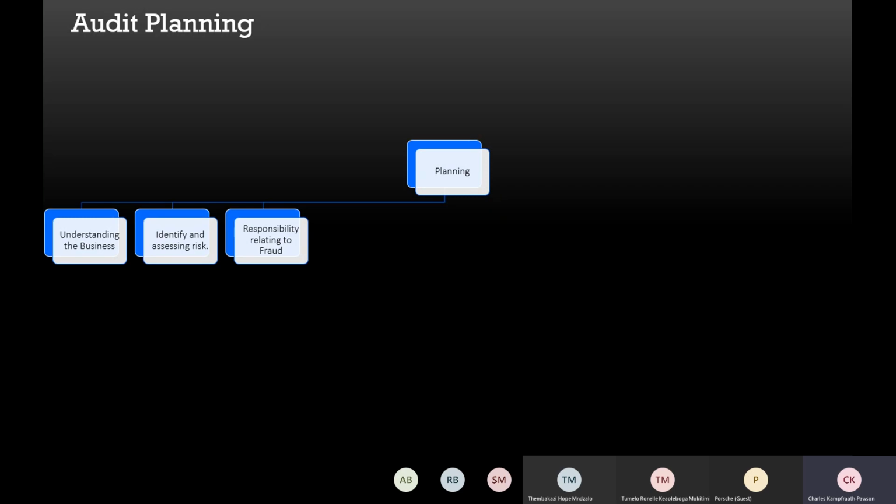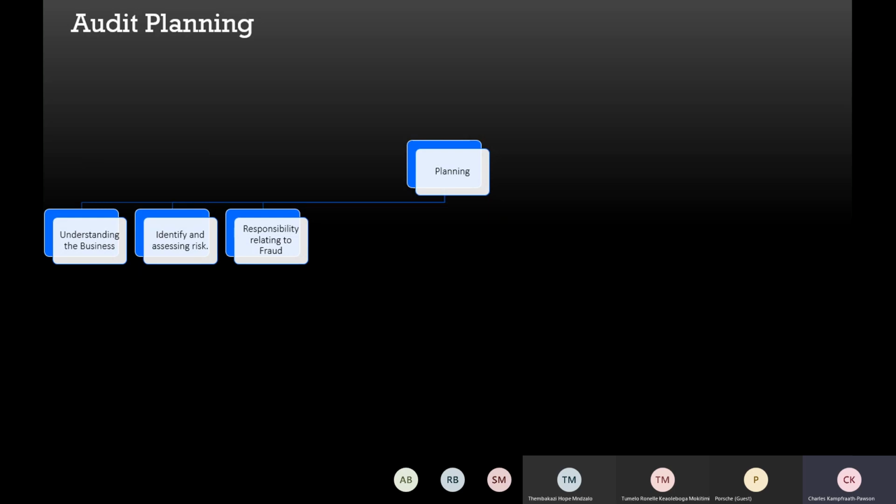So if we say responsibility relating to fraud, the auditor is absolutely responsible for reporting fraud if he happens to find it. Okay, I'm going to say that again. If he happens to come across fraud, he must report it immediately to the reporting authorities. So not clients or externally or anything, to the board, the financial board. He needs to report it to, and that's all. Other than that, he doesn't spread the news at all.